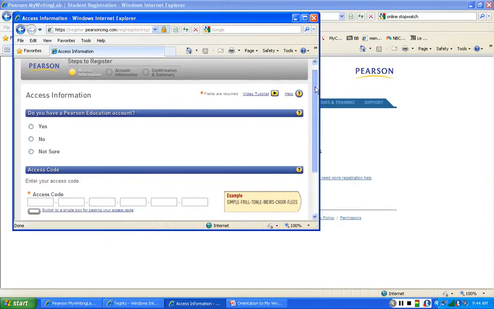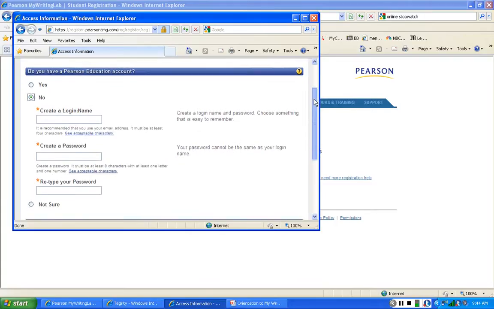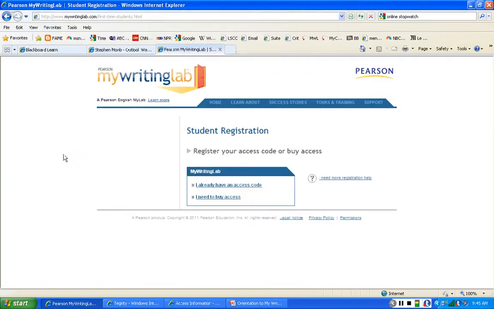Most students don't already have a Pearson Education account, so you'll choose no. And it will ask you to create a login name and a password for yourself. I recommend that for your login name, you choose the same login that you use for Blackboard. Your password can't be exactly as it is in Blackboard because